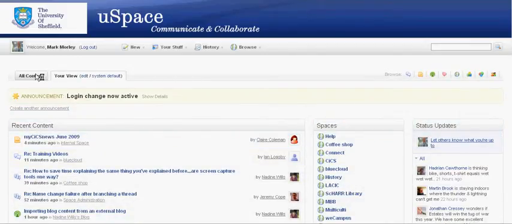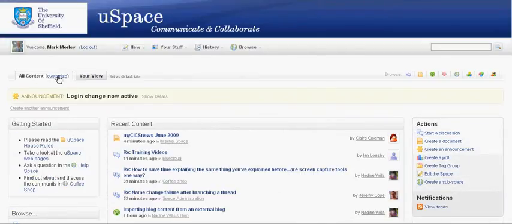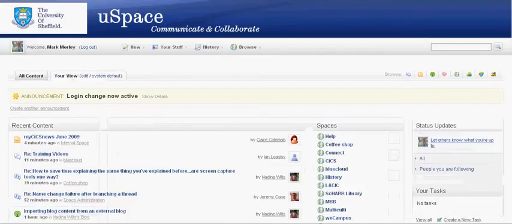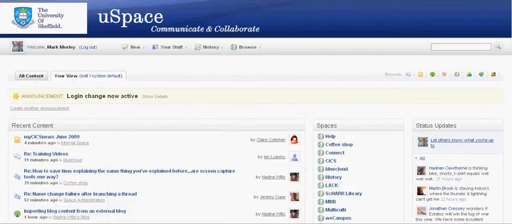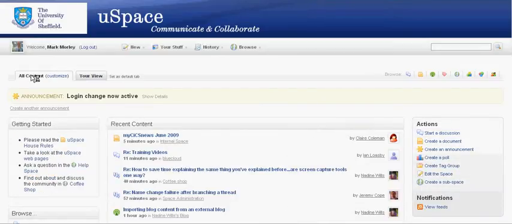So back to the landing page. You'll see that we've got two tabs here, the all content and your view. I've just discussed elsewhere how you can edit this your view so that you can set it up in the way that you want and is best for you. Going back to the all content landing page, here we've got another link to what's called the coffee shop,